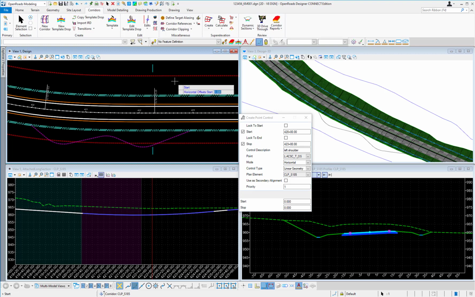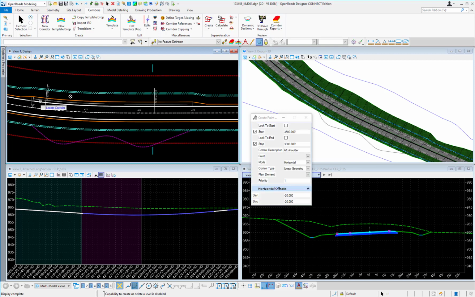So now I want to give it my horizontal offset. And this is all based on the center line of State Route 185. So I have a 12-foot lane plus a 4-foot shoulder. I want to add 4 more feet there. So I'm going to give it an offset of -20 feet. Now data point to accept. And now I also need to enter in my stop offset. So you could enter these in as different values if you wanted maybe the lane to taper, or you're opening up a turn lane or something like that. So data point to accept, the corridor processes,